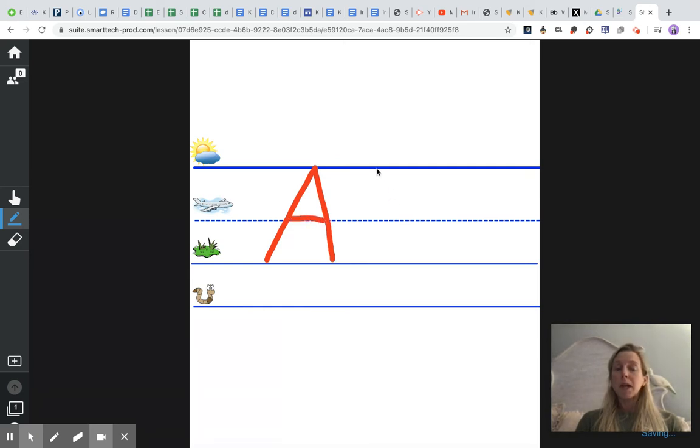If we're making an uppercase M, we're going to go to the skyline, down to the grass line, back to the skyline, slide to the plane line, slide back up to the skyline, and slide back down to the grass line. This was just a small sample of how we make our letters